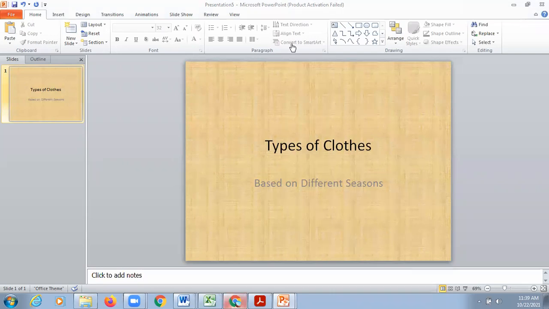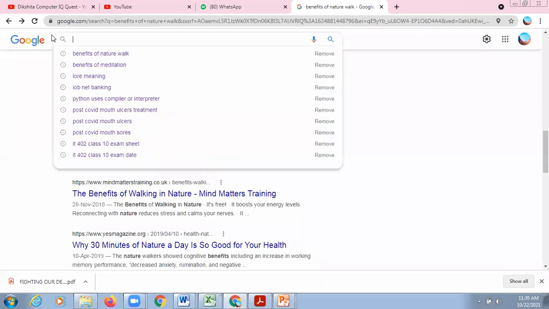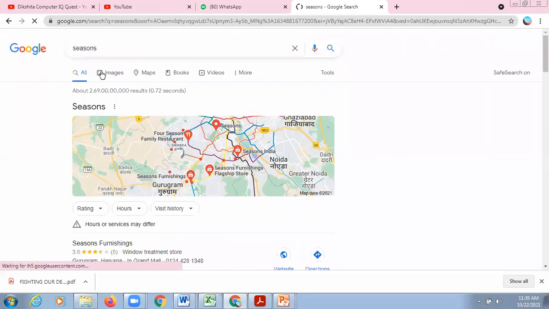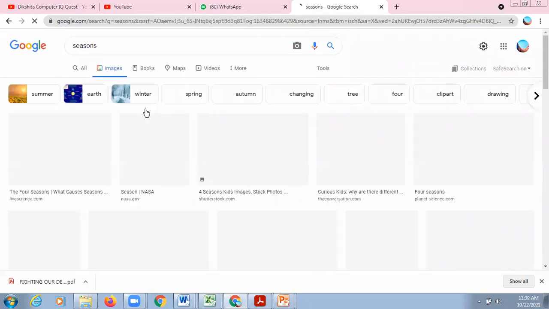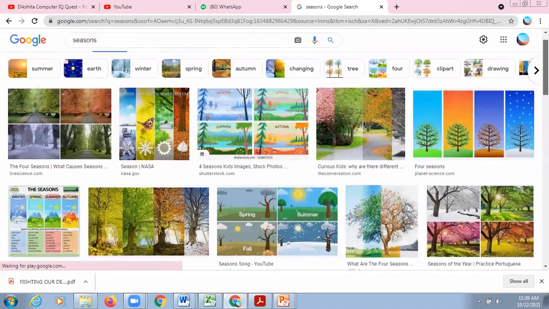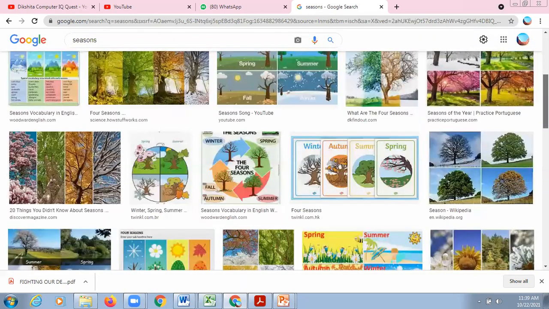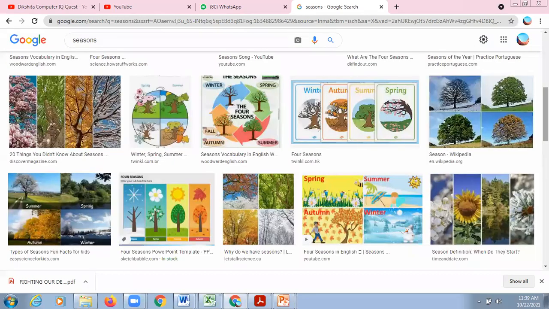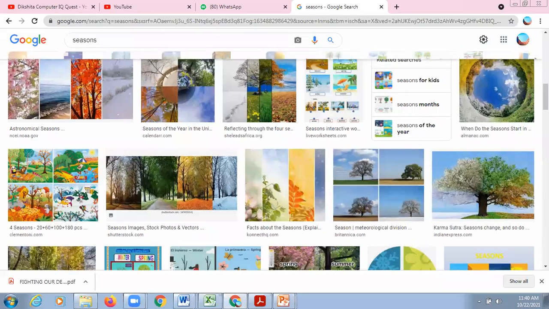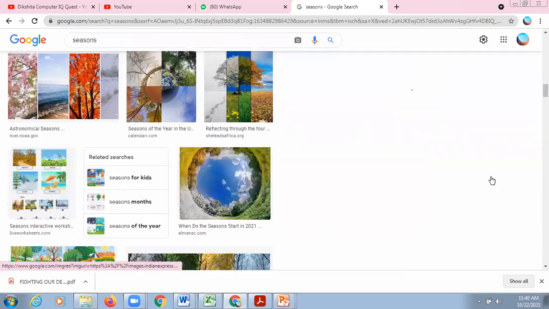So for that, you will go to Google and search for an image, something like seasons images. So now you can decide whichever the background you wanted to use for your first slide. I think this will look good.